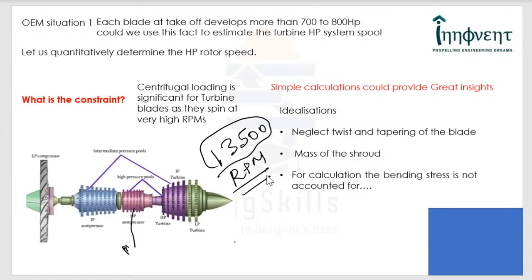And therefore, if you look at a turbine blade, it delivers a power of almost 700 to 800 horsepower, especially at the time of takeoff, where the engine is put to maximum use. And therefore, the turbine blades become very, very critical, and they have to be analyzed. Let's try and see how centrifugal loading can decide, or rather estimate, because there are several factors. We are making an overly idealized estimate of how you can get somewhere near the exact RPM.